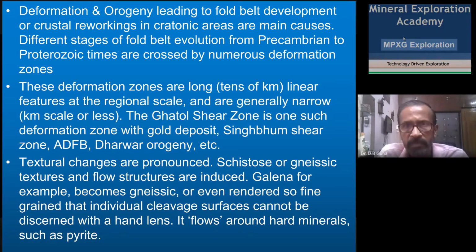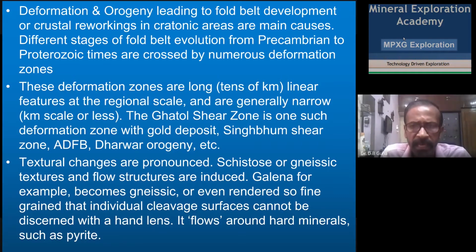During this deformation and attendant metamorphism, obviously the minerals will be stressed because of compression, either pure or simple shear, and extension. Obviously a schistosity or gneissosity or a flow structure will be created in the rock type, in the individual minerals, and they will be reflected in the rock type. So galena, for example, becomes gneissic or even rendered so fine grained that individual cleavage surfaces cannot be discerned